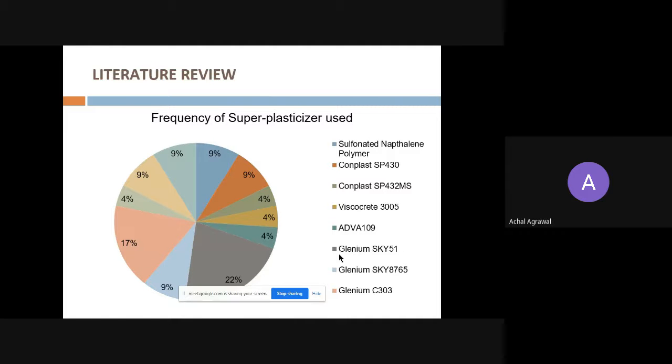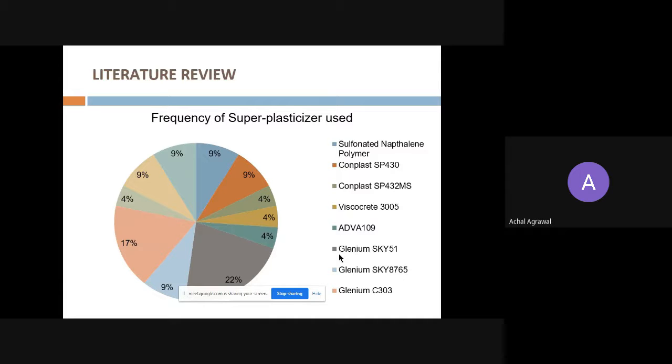Last but not least, they have used superplasticizer. As I said, a concrete which needs to be self-compacting has to have some characteristics in its fresh state so that it can qualify as self-compacting concrete. To improve the workability, we can improve the percentage of fines, or we can increase the water cement ratio, but that will lead to a decrease in strength. So instead of increasing the water cement ratio, we can use superplasticizer. Superplasticizer can reduce the water content and we can achieve the required workability.